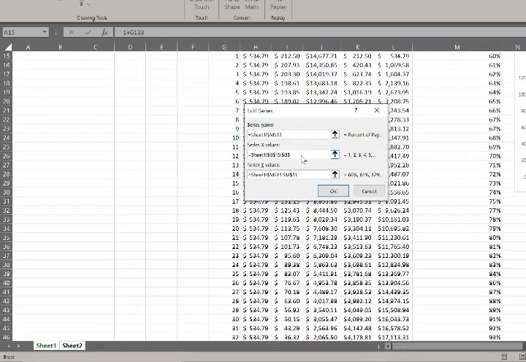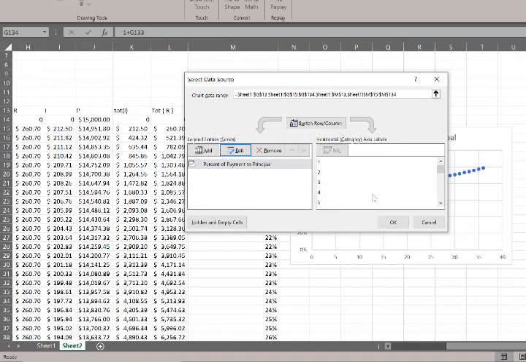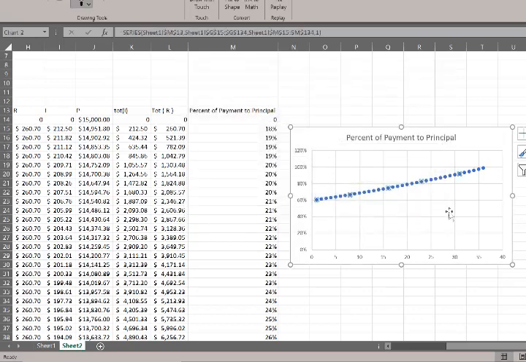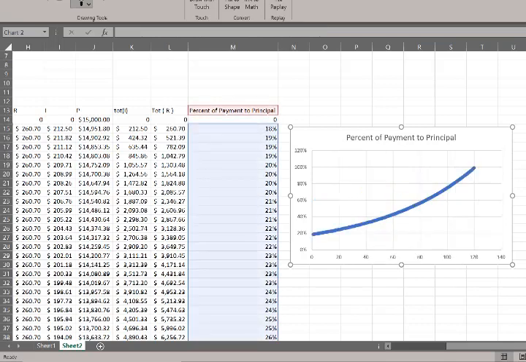We want to select the data and edit, replace that with 134, and replace that with 134. Okay, and so now you can see how